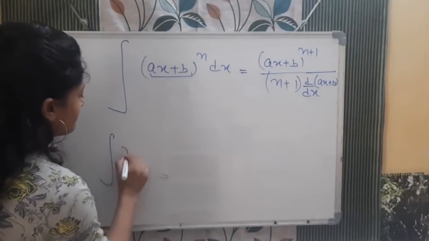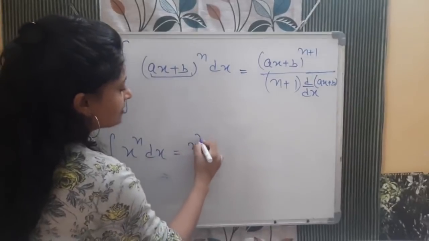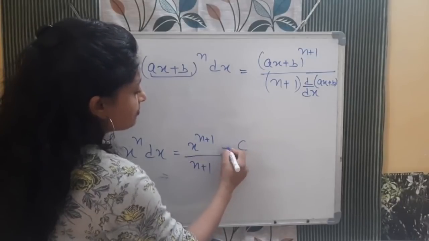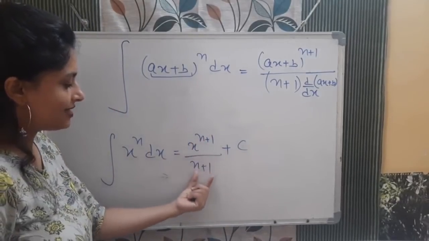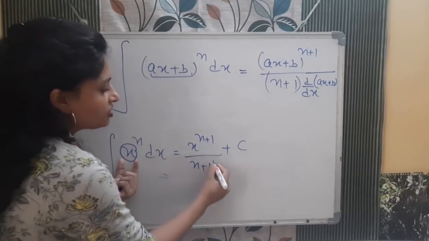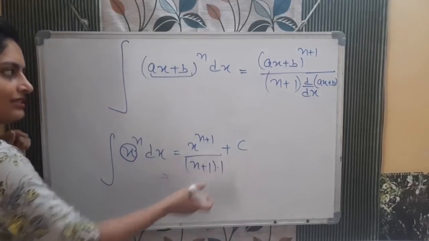Like for example, if I will say, okay, I will do it here. I was saying that x raised to the power n को integrate करो बच्चा. तो कैसे कर रहे थे आप लोग? x raised to the power n plus 1 divided by n plus 1 plus c. Now see what you all were doing? Power में increase divided by. Then when you will differentiate this function, इस function का differentiation कितना आता है? 1. So multiply 1. So 1 से multiply करो चाहे नहीं करो. It is the same thing.